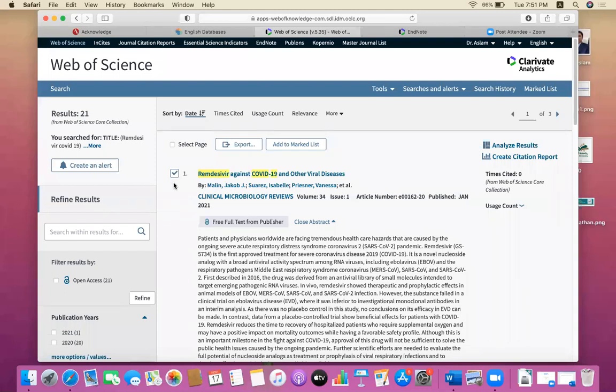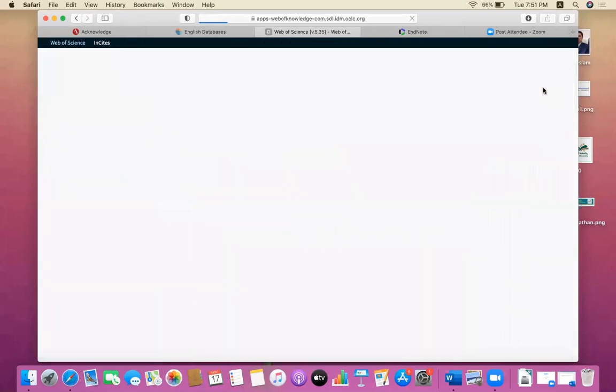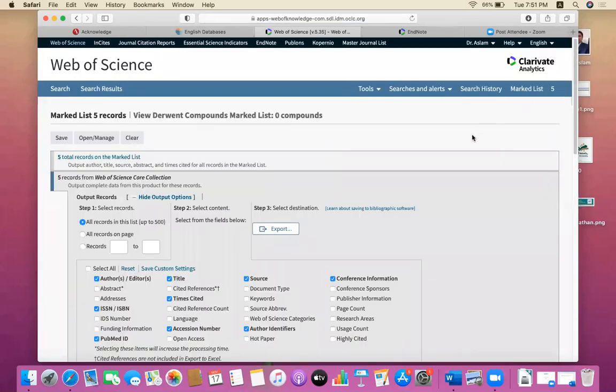So I will click on the marked list here, at the upper right side. If you click on the marked list, you will get the articles which we have already selected. There are 5 articles I selected for my sentence in the marked list.